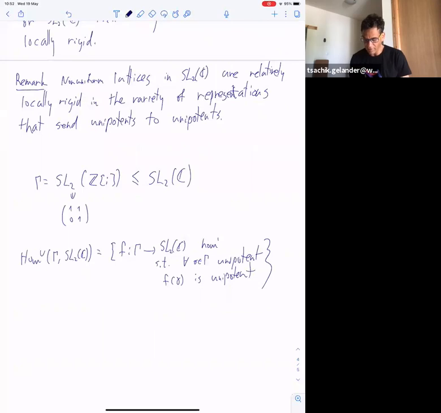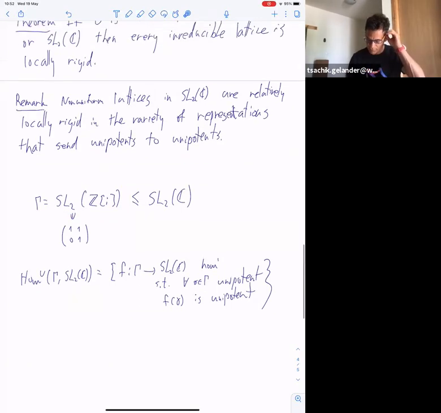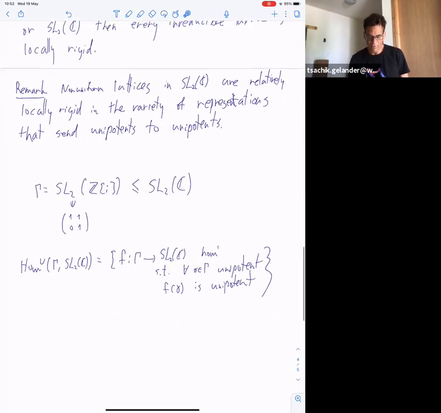And inside this variety, this gamma is locally rigid. So such a lattice is locally rigid inside this variety. So the fact that such lattices are not locally rigid allows you to construct very interesting examples of hyperbolic manifolds or of lattices in SL2(C), which have interesting properties. And the fact that it is locally rigid within a smaller subvariety allows you to prove some theorems about such lattices.